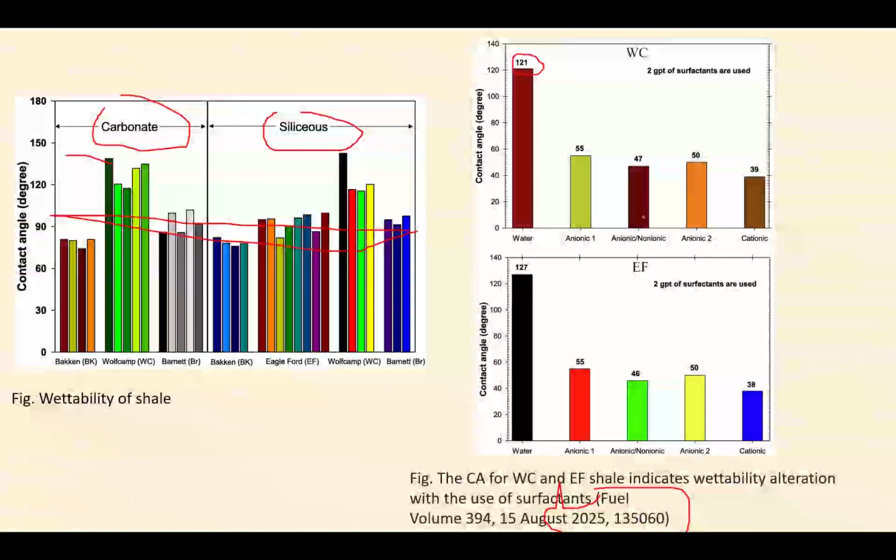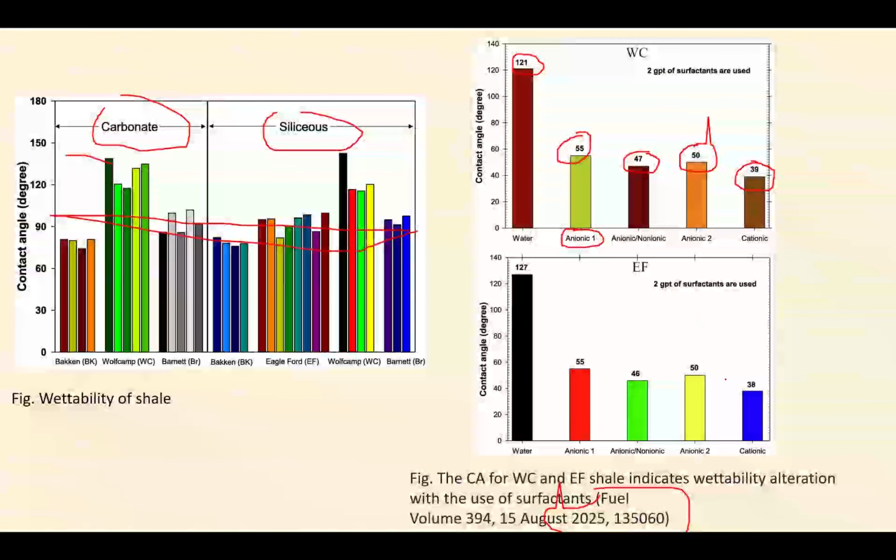Then by use of an anionic surfactant, a typical surfactant, it is reduced to 55. Then with some anionic and non-anionic surfactant, it is reduced to 47. Then by another anionic surfactant, it is reduced to 50, and by some cationic surfactant, it is reduced to